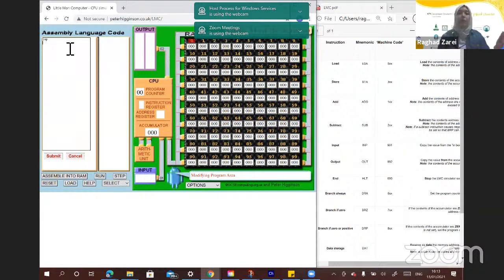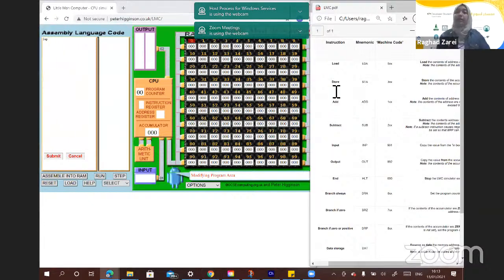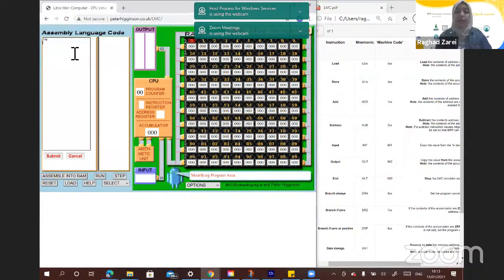All right, now after we have our input, we want to save it. So store, go back to the instructions. You're going to see that store is STA, and then it requires an address. Let's say in the memory, the location 99, then you write, I want to store it in 99. Those are very simple codes. We've taken in a number and saved it into this address.